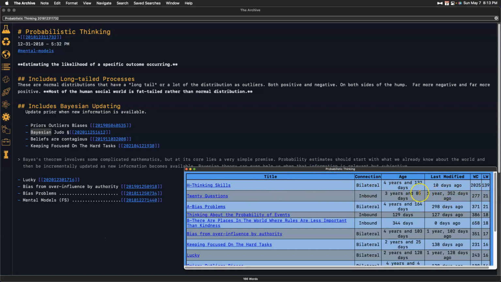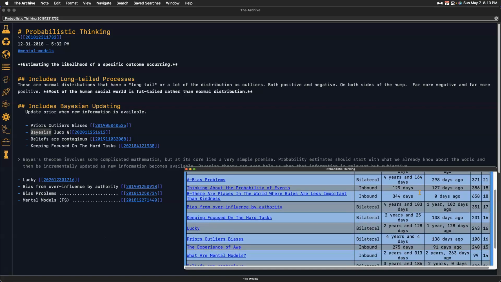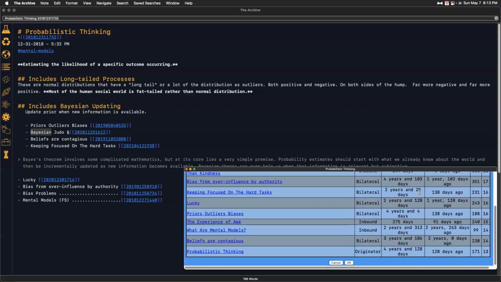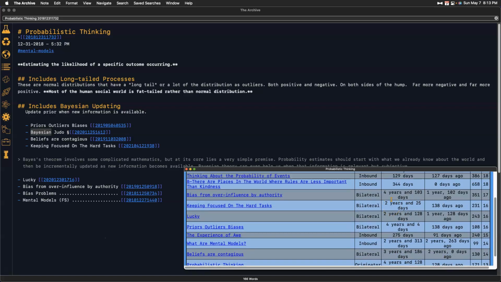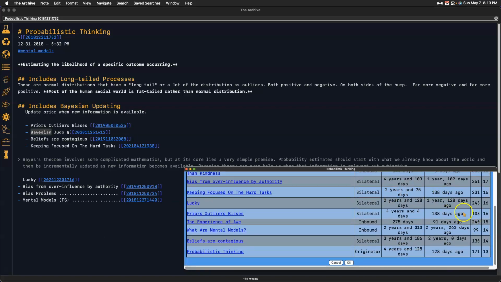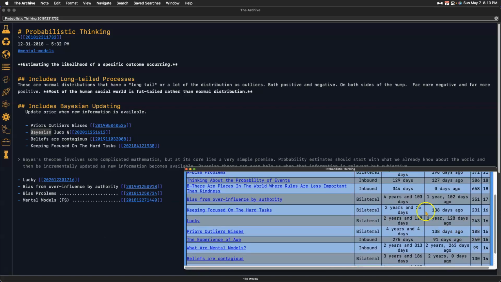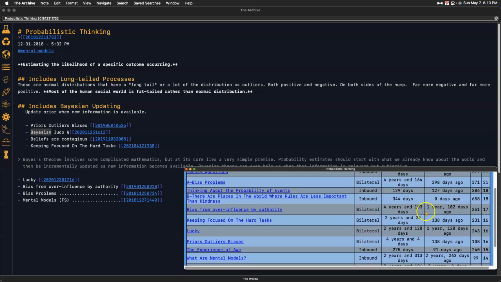I'm going to have to work on that. But you can see there's quite a number of different notes, and they have all this different information that provides particular clues, and it's helpful to steer your thinking